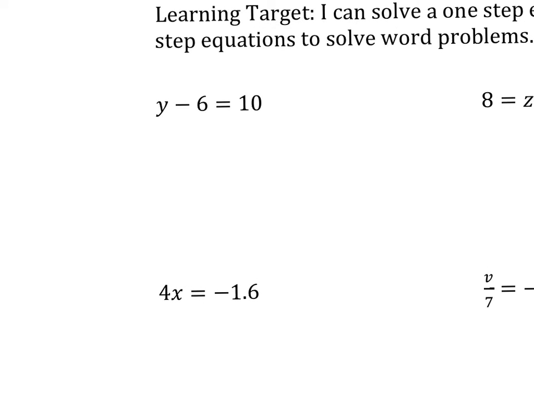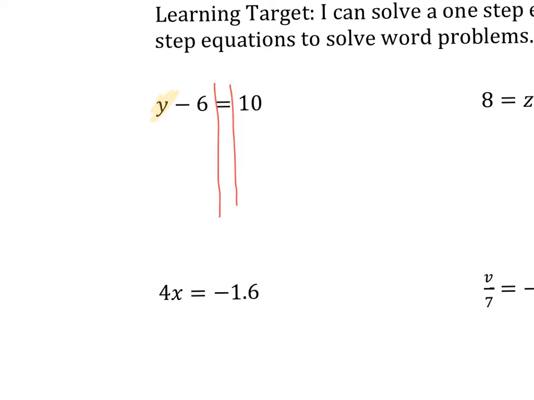When we're solving one-step equations, the first thing we want to do is put in our railroad tracks to help us keep track of which side everything is on. The next thing we want to do is isolate the variable. In this case, our variable is this y here. Isolating the variable means that we want to get y by itself, so we have to manipulate the equation so that we end up with y is equal to whatever number